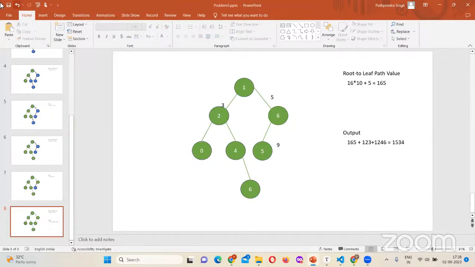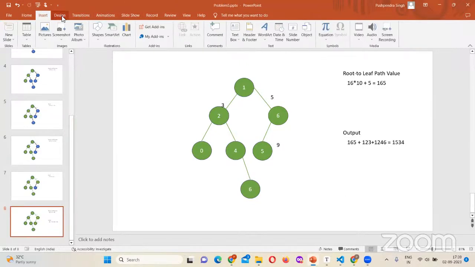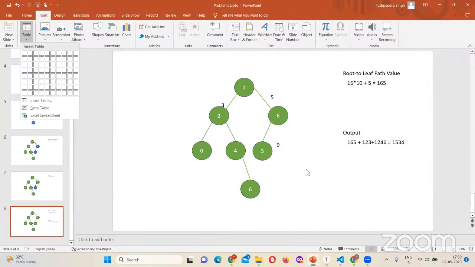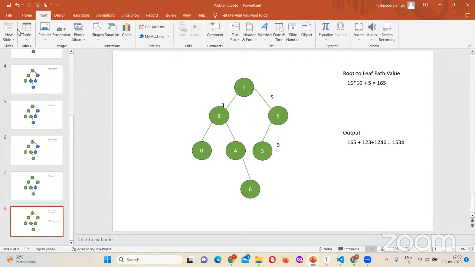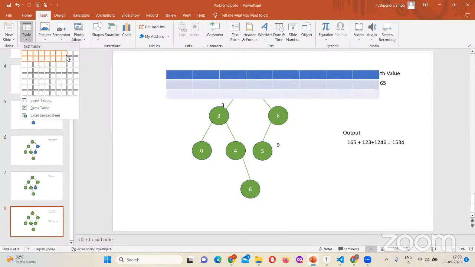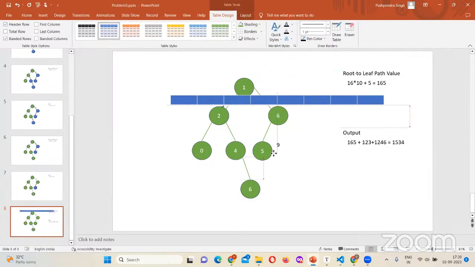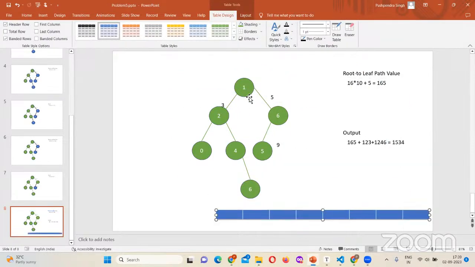Let's engage with that thought process. So what you're saying is that I have this. Now you're visiting the first node, then the second node.